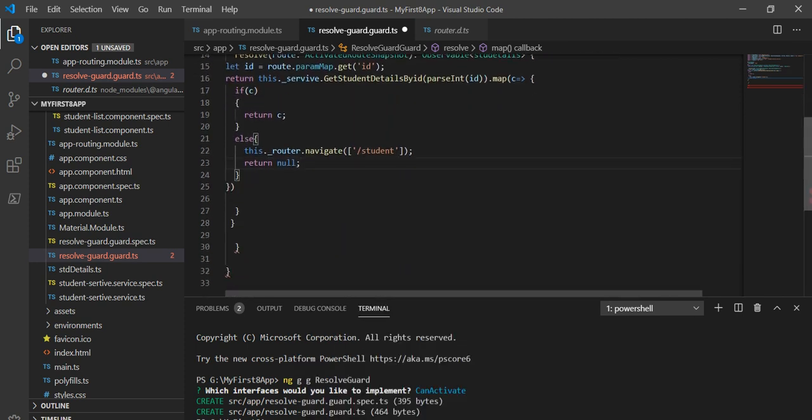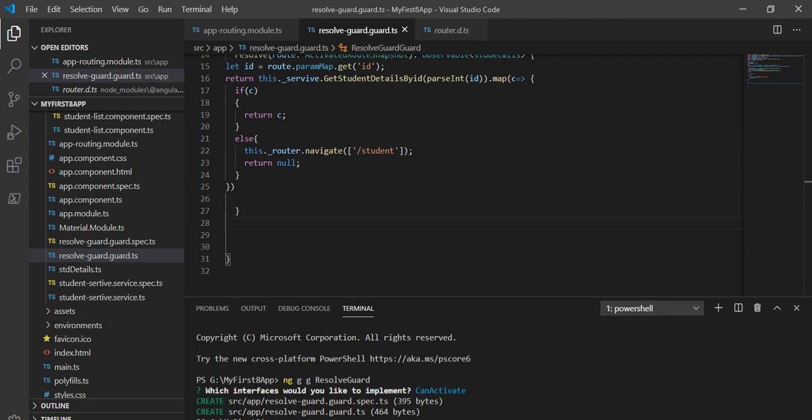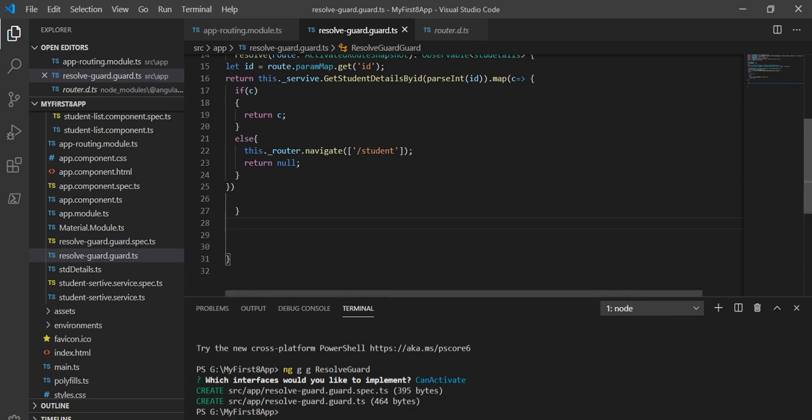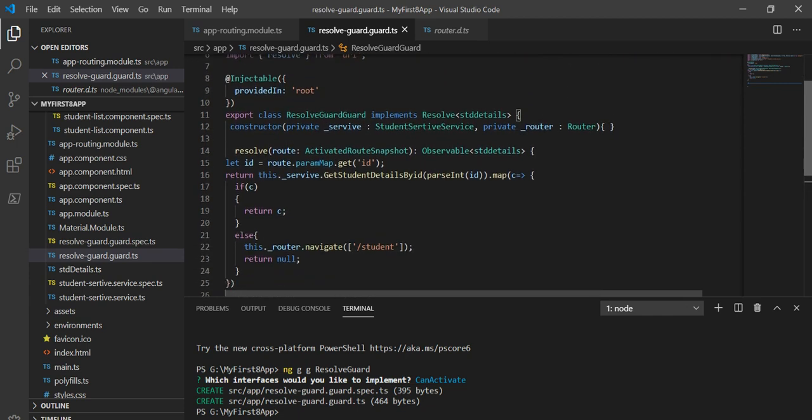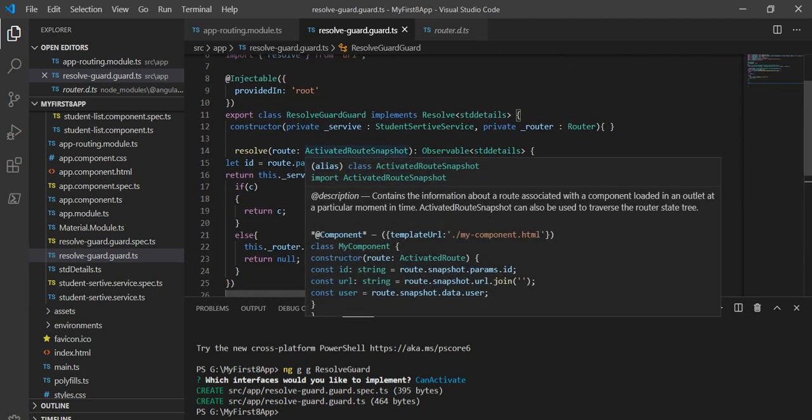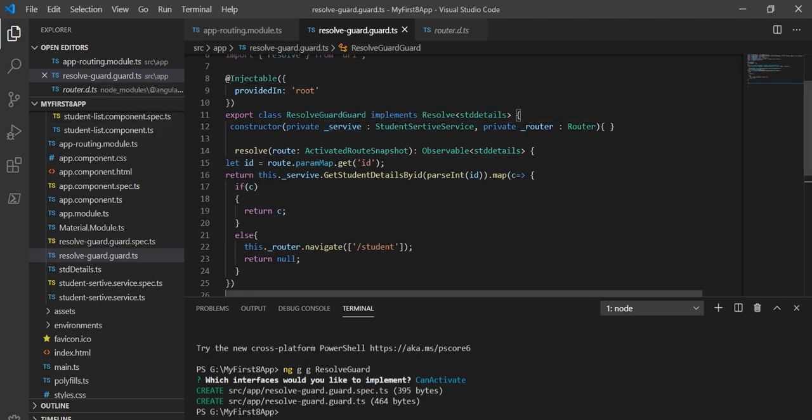So that's the thing we have done here. Remove the extra. What we have done is we created a resolve route guard, and here we created one function in the resolve guard, and it is implementing Resolve.